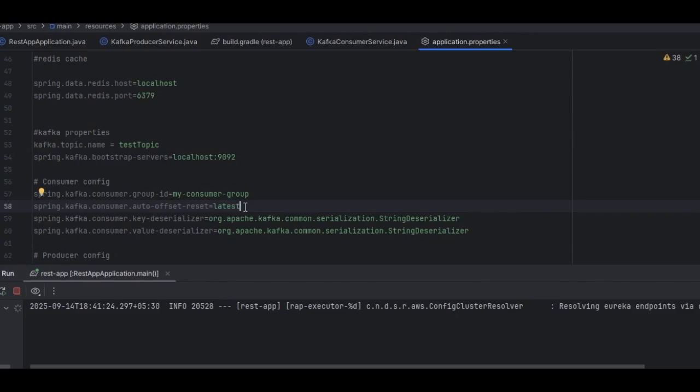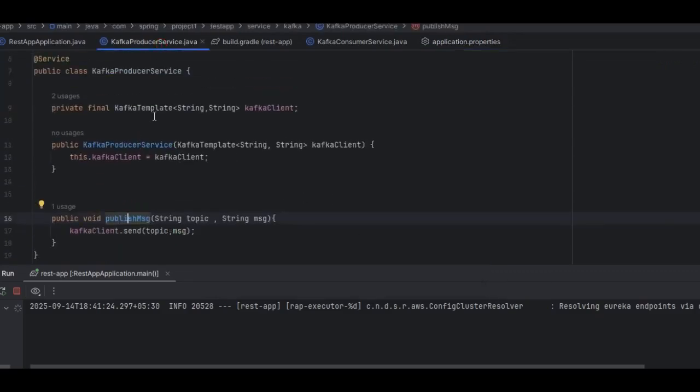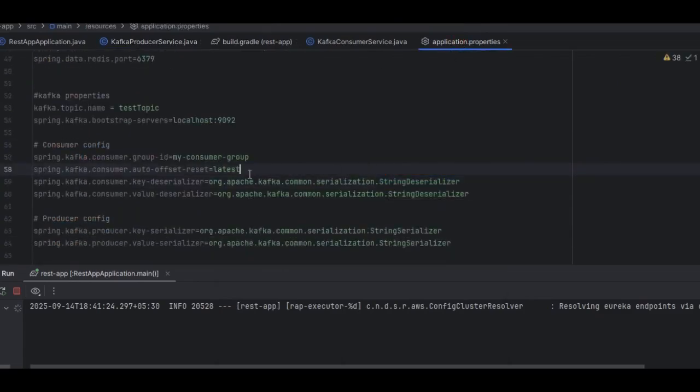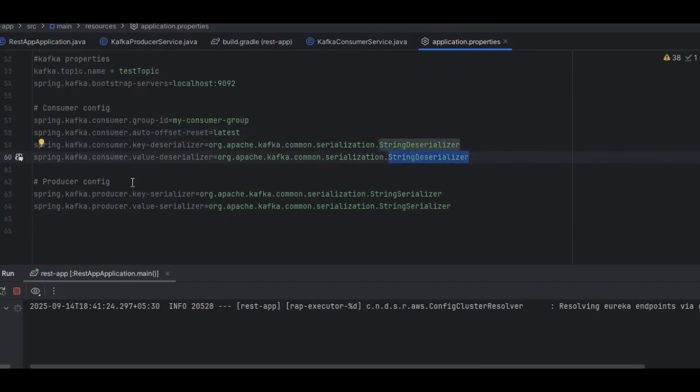For the consumer, I have defined a string deserializer, because if you see the Kafka client, this is the Kafka template. I have the string key and value in both places. So here I have the string deserializer for the key and value both, and this is the same for the producer. The producer is also having a string serializer for the key and value. This is helpful because